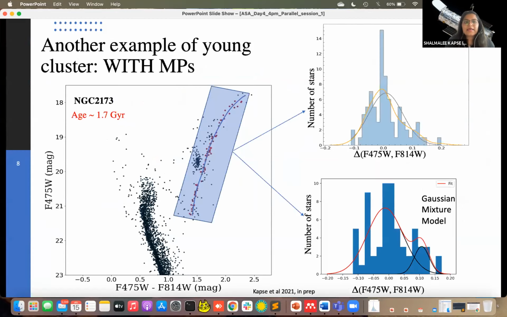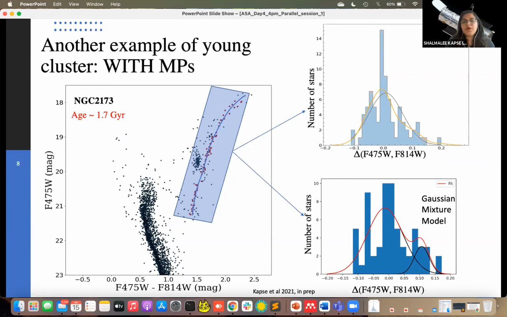So then we went ahead and started to study another cluster which is relatively the same age. In NGC 2173, we found presence of multiple populations. One of the techniques to find multiple populations is to draw the fiducial line and distribute the distance distributions in it, and then you can see the bimodality in this cluster in this sample of RGB stars. Another supportive argument for this test was to study the distribution of RGB stars with another statistical analysis, the Gaussian mixture model, which also detects the